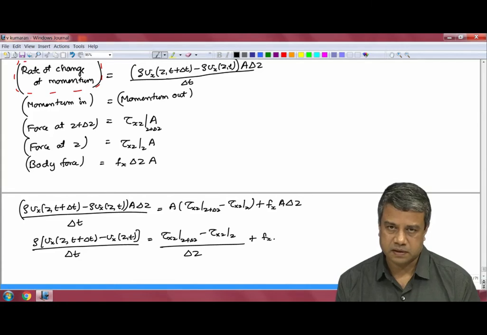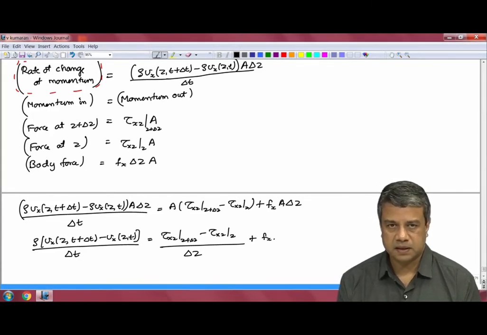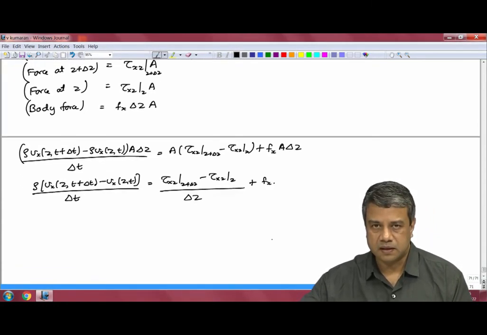This is the difference equation for the momentum density in the x direction,